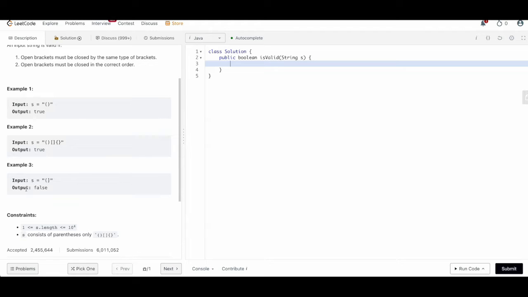Okay, so for the approach we are going to use here, you have to understand that somewhere we need to store all the open brackets, so that when we receive a closed bracket, we can go back and see if there is a corresponding open bracket available. Then it's okay. Otherwise we have to return false, and we keep doing this until all the characters from the input string are done. So let's take an example to understand this better.